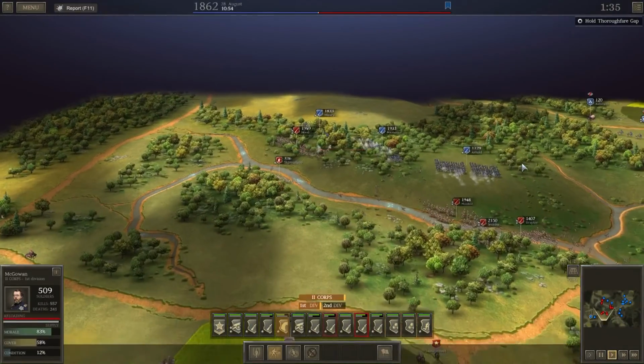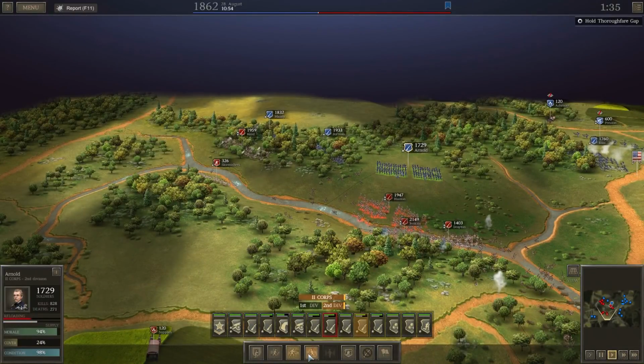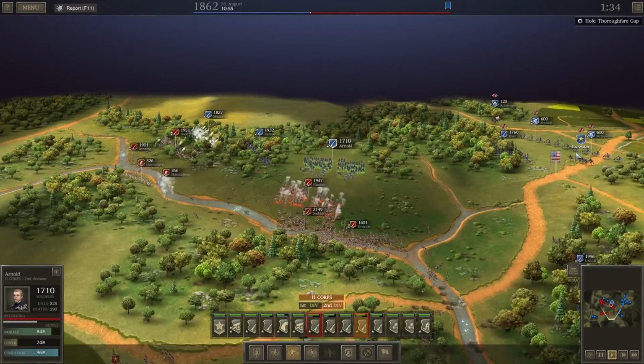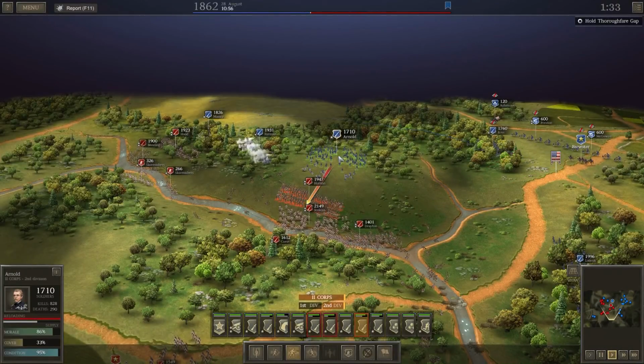Are they charging? They are charging. They're charging Arnold up a hill. This isn't going to do them any good, but I am ready to fall him back. And I'm going to fall back now because they are going to be right out in the open and they're going to get pounded by fire and by guns, and we'll just pull Arnold back into the...